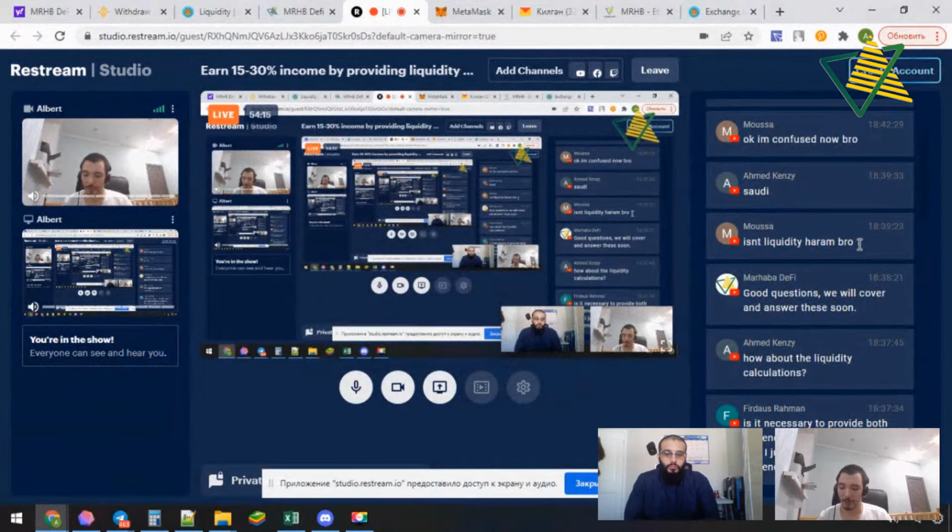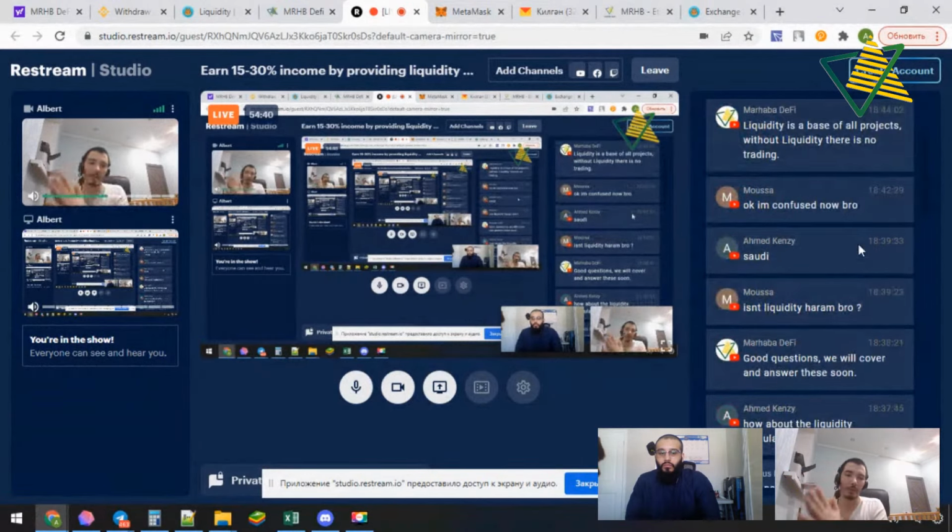Because firstly, you have a risk. What kind of risk? It is called impermanent loss. Impermanent loss when you pool your MRHB and USDT tokens. MRHB token's price can go up or down, and if it goes up, you will earn less in comparison to if you held your tokens in your wallet.